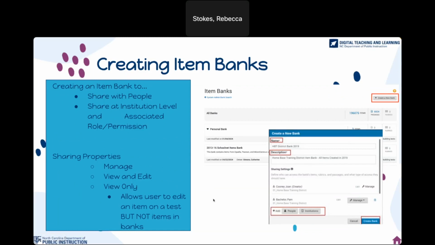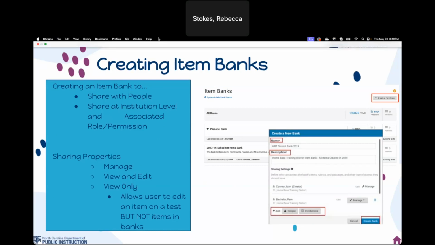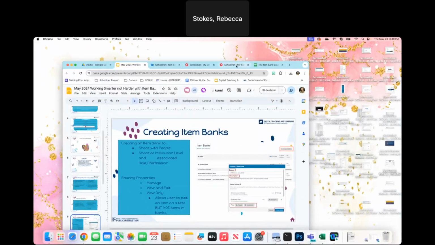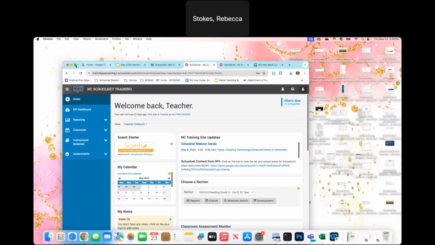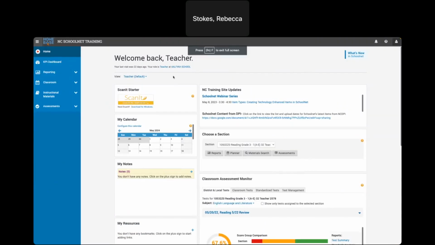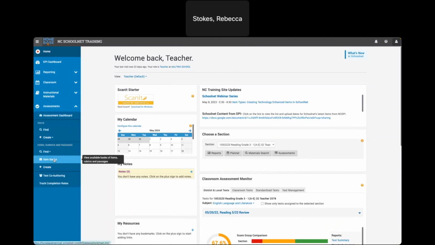All right, so I'm going to show you how you can create your own item bank. It goes over the screenshots here, but again, I'm going to go to the live site to do this. I'm in the training site. So if I come over to the assessments tab and I click on item banks,